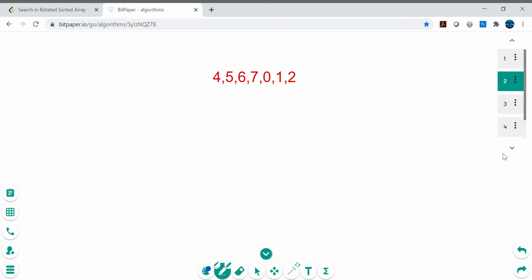Otherwise, we will check this sorted array. Now we just need to make sure whether we need to go to the left side or the right side. How will we make sure of that? First of all, we check whether the left side is a sorted array. It might be sorted, but it might not be, so we need to verify. It can be some other array as well. Let's say, fortunately, this mid is at 3.